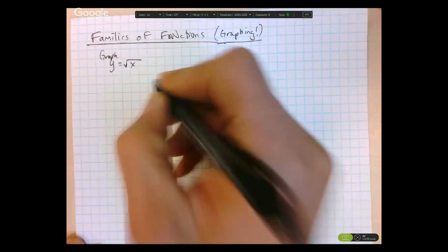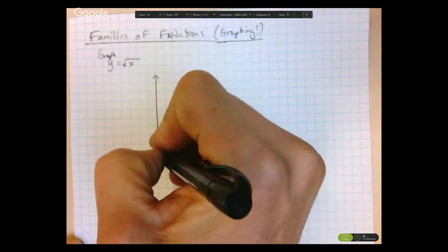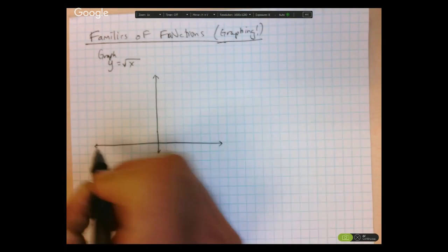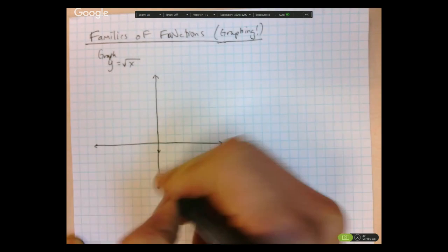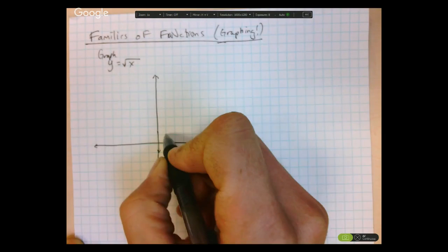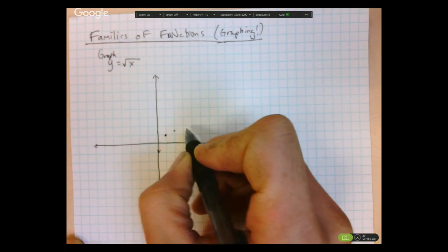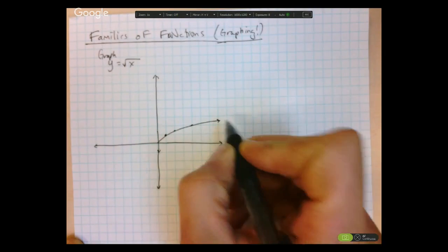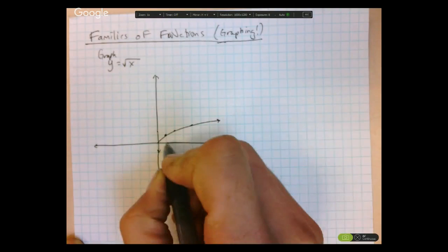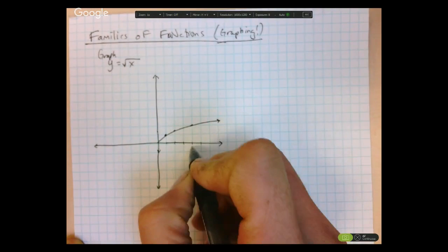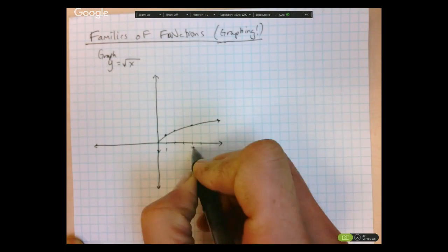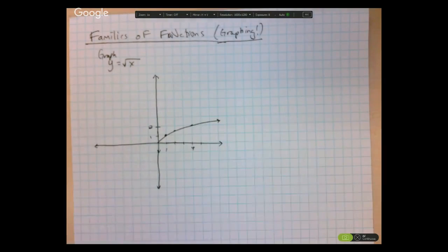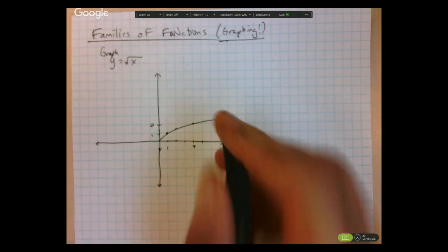All right. We'll probably extend this down a little bit. Going by ones. So you can see the square root of 4 is 2. And then I just tail it off. Okay, so that's y equals square root of x. This is called our parent